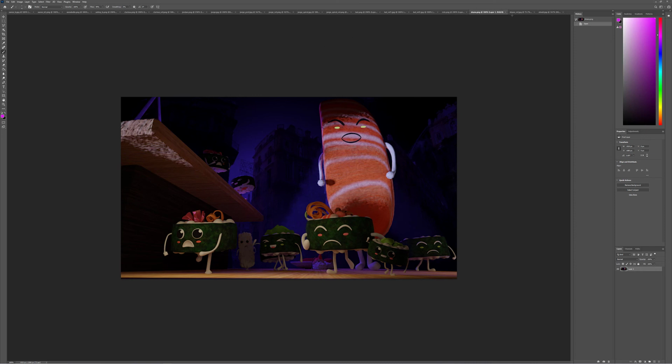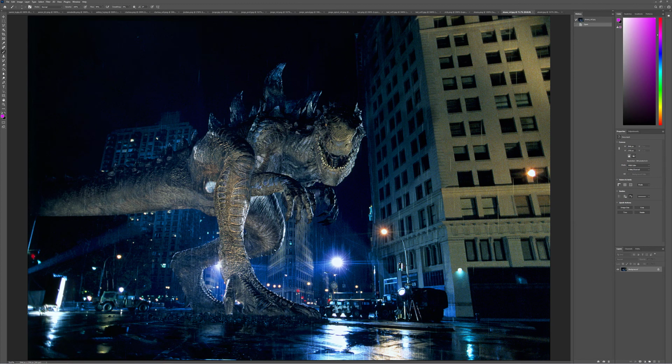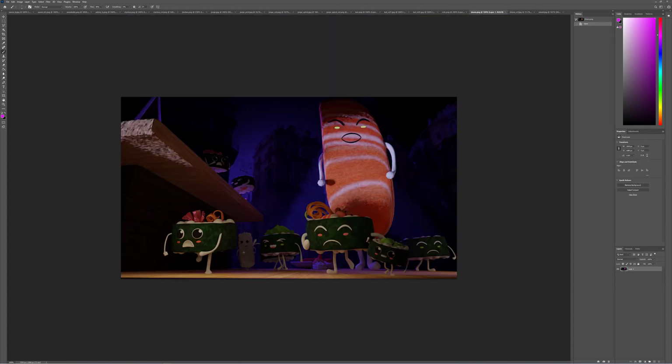So looking at your reference, we see a lot of spotlights shining up. All the light is coming from underneath, so feeling like this underglow from the combination of the street lamps and these spotlights coming in. But these spotlights are cool. Look how they're able to pick up little rim light areas around his body. So I think we could do the same. If you simulate some more spotlights on him,